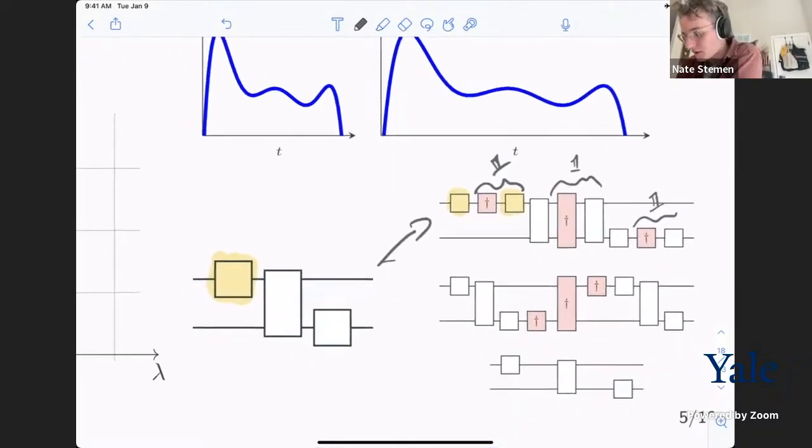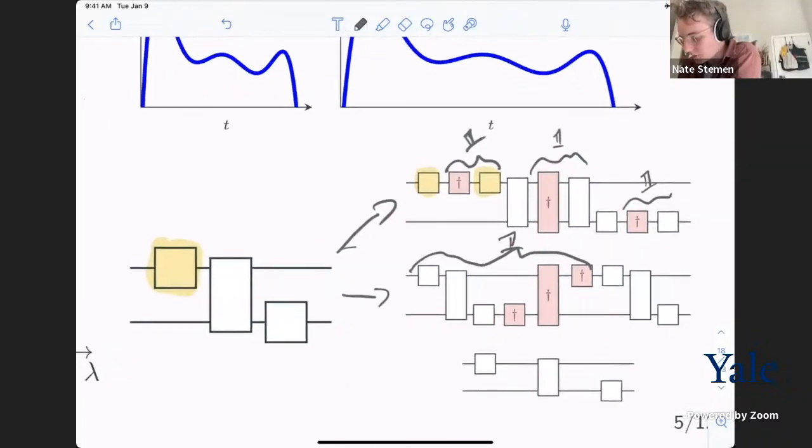Alternatively, instead of folding each individual gate as you go, you can fold the entire circuit. So instead of having all of these identities, you just have this big identity being added in front of your circuit or behind it, however you want to think about it. And this is called global folding. So first one, local folding, second one, global folding. And then the last one here